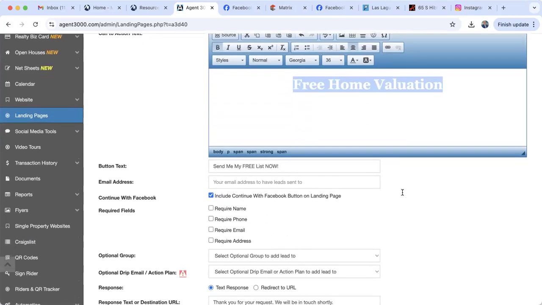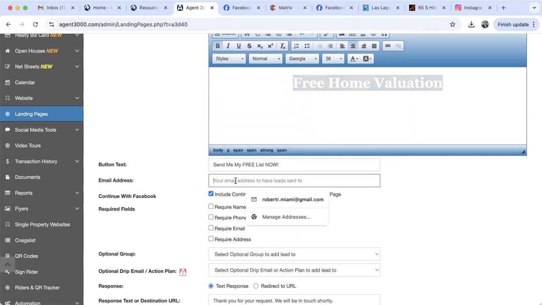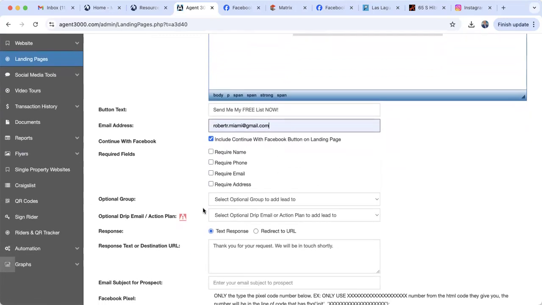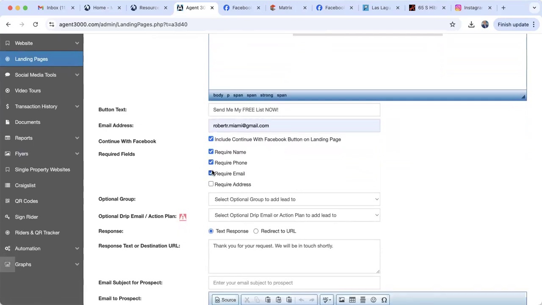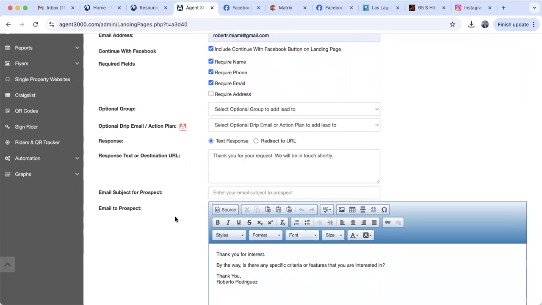Okay. Now you are going to enter your email address. So right here, email address, that's where you want to be contacted. We are going to require people to always give me their name, phone number, and email address. This is a lead capture landing page. You want to capture people's information. So require people to enter their name, phone number, and email address. All right. Once they volunteer that information and they click on submit,